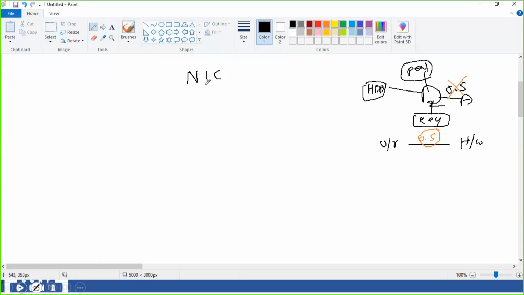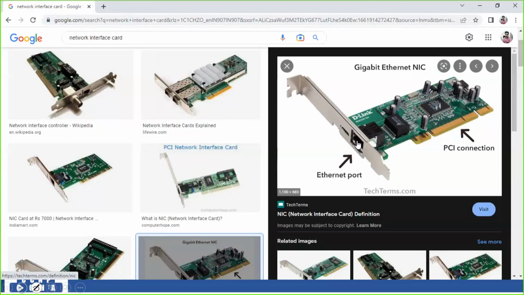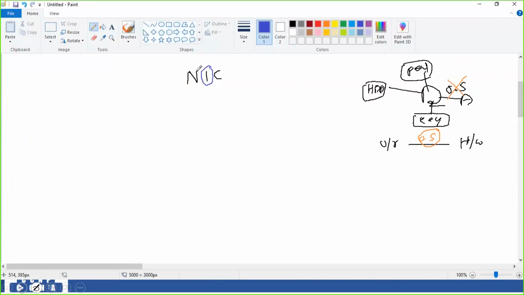Similarly, NIC. Here, I means interface. The port, whatever is showing here, this port is an interface. Interface for what? N means network. Network, I already gave an example yesterday. What is the definition of a network? Interconnection of two or more devices. So if you want to interconnect one device, two devices or three devices, what is required? NIC